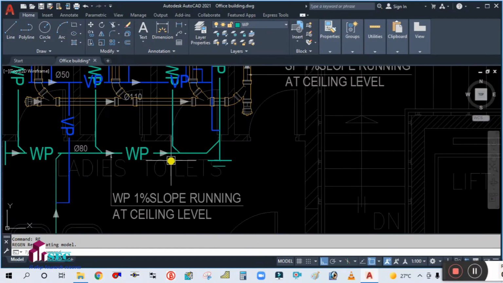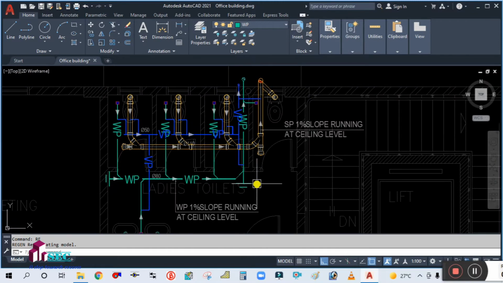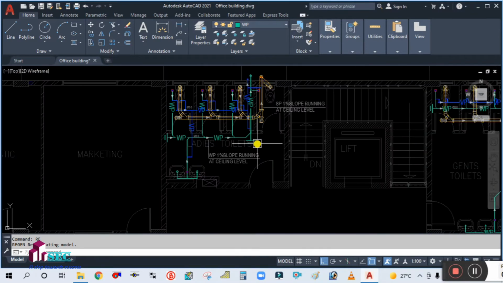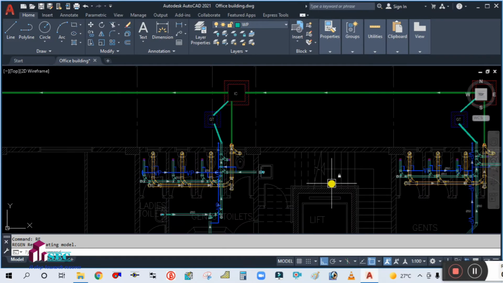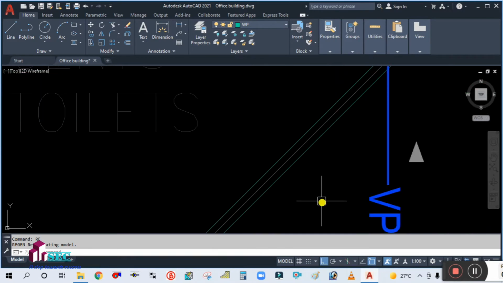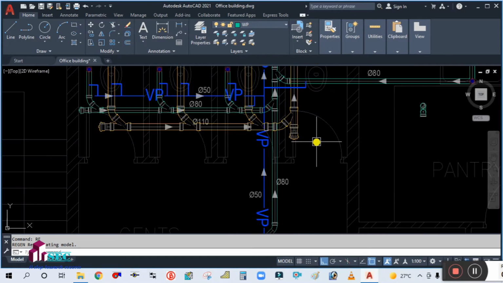Continue with the waste pipe shop drawing for the first floor. Ground floor we have already completed, as you can see here. Now we will continue with the second floor. Okay,